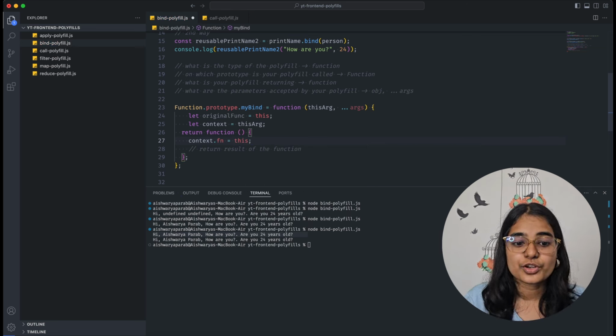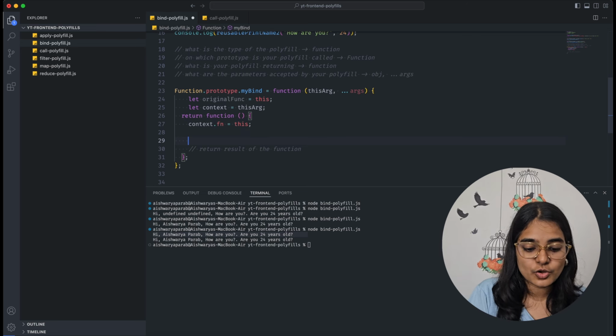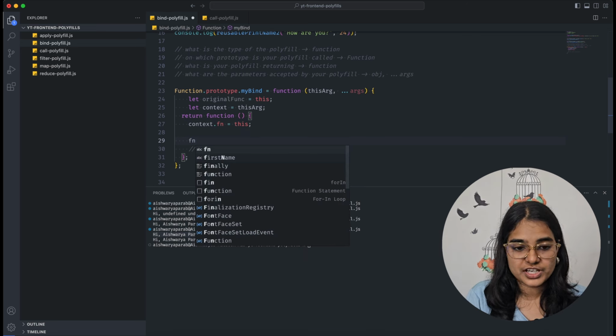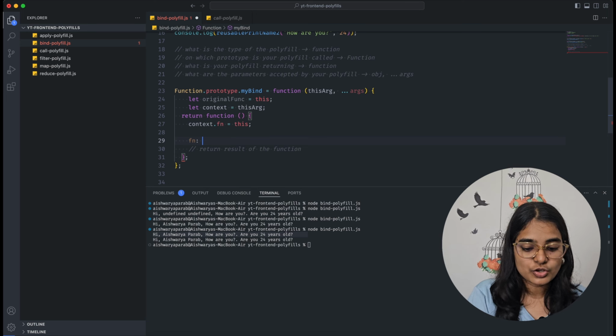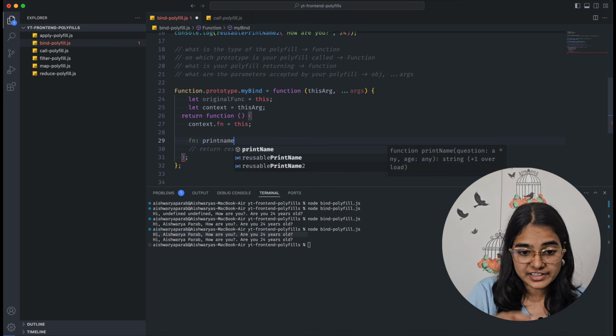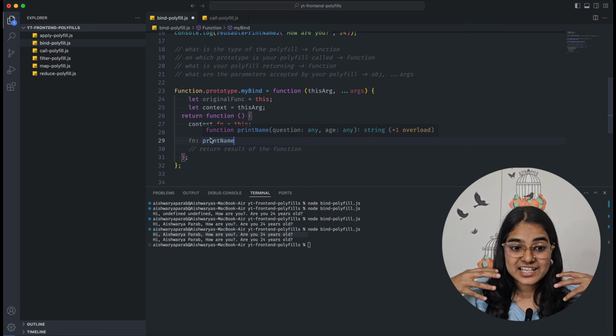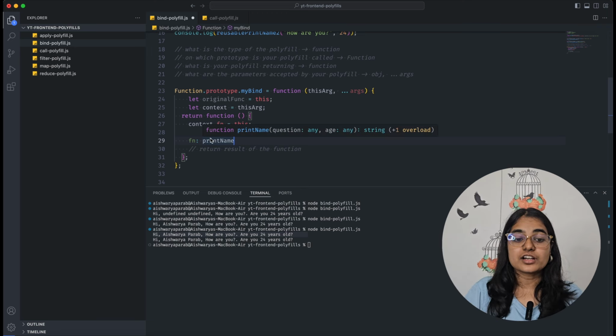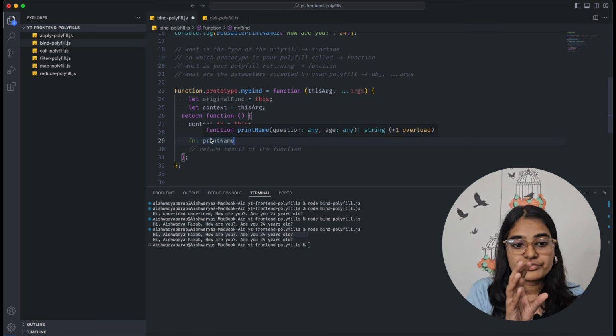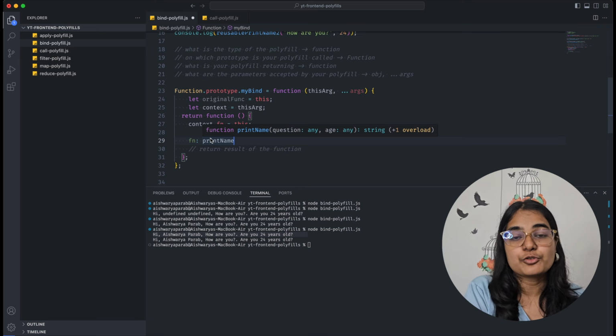So in your person object, it will look like this: fn colon printName, and that entire printName function. It is as if the person object got a new function with the property of fn and the value of printName.